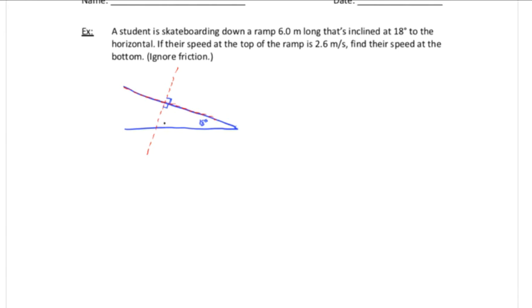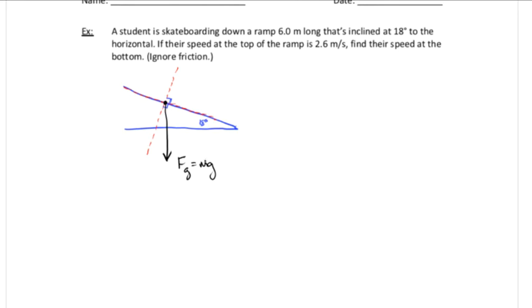Remember that our free body diagram doesn't indicate the direction of motion, it indicates the forces that are acting on this. So there's our skateboarder, and the first force that we have acting on them is the force of gravity. Force of gravity is equal to mg